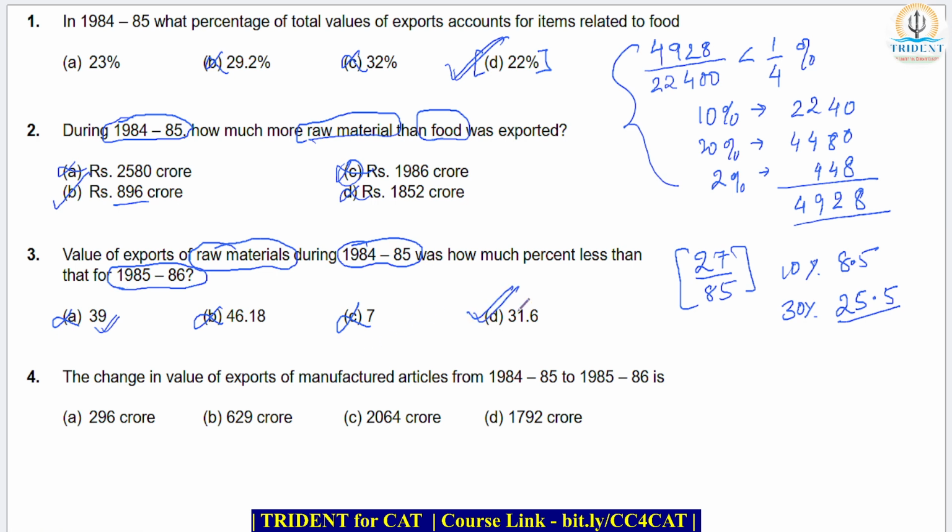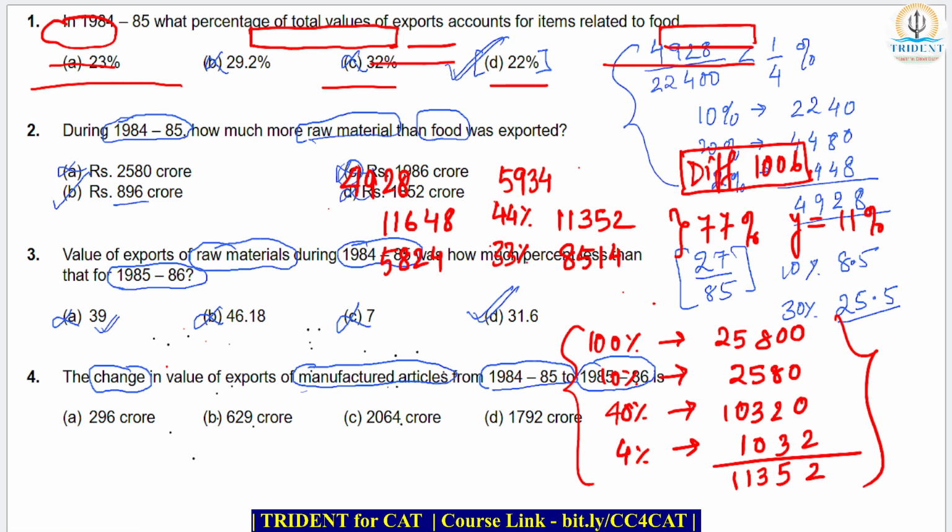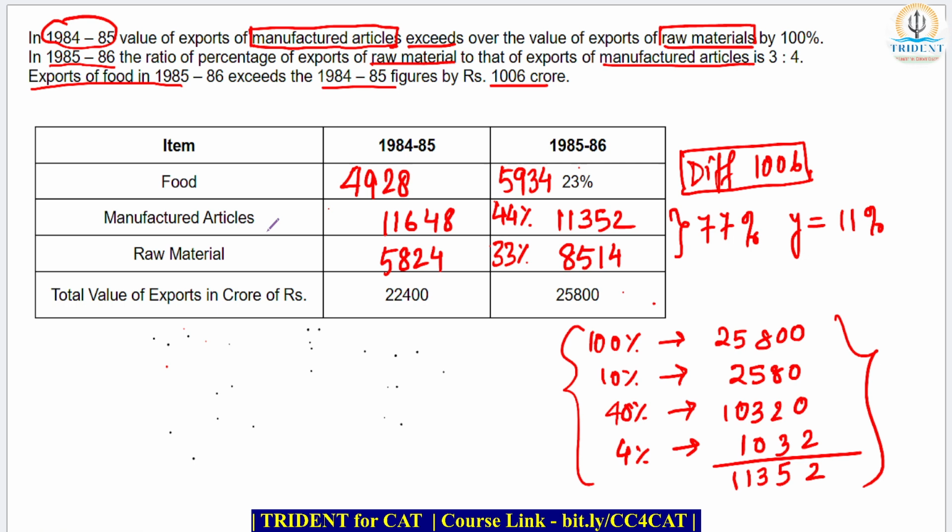Okay. The change in the value of exports of manufactured article. Again, the highlighting words is change, manufactured articles, 84-85 and 85-86. Manufactured articles 84-85, 85-86. Let's go back and see. Okay, I will open the numbers just so that I am ready. Just a second. Manufactured article